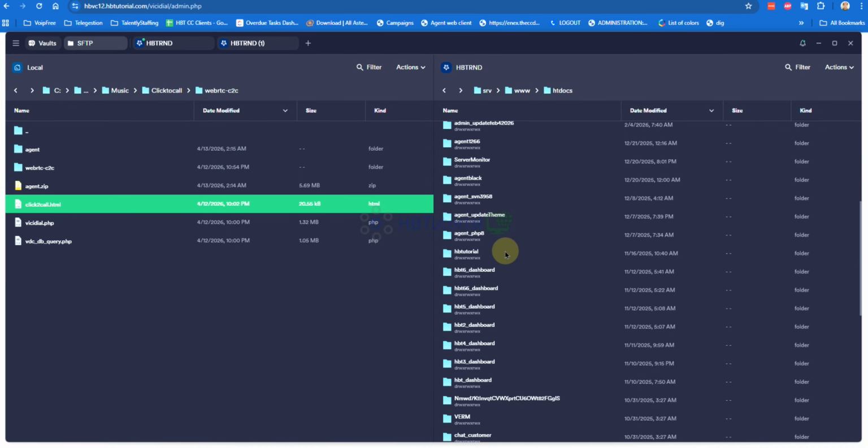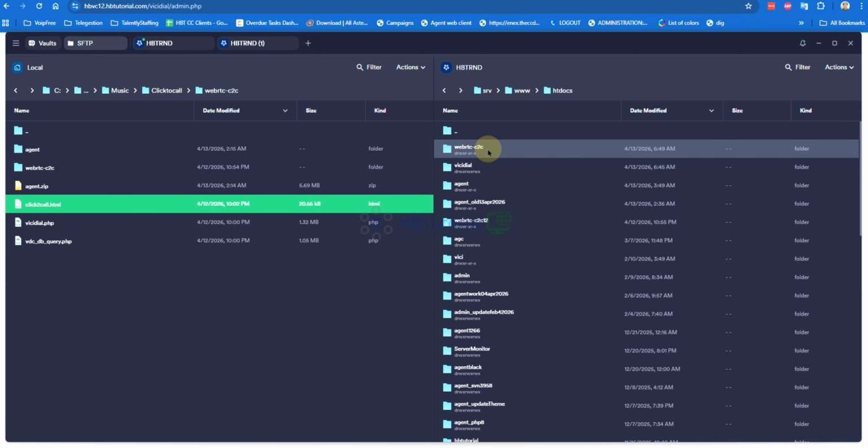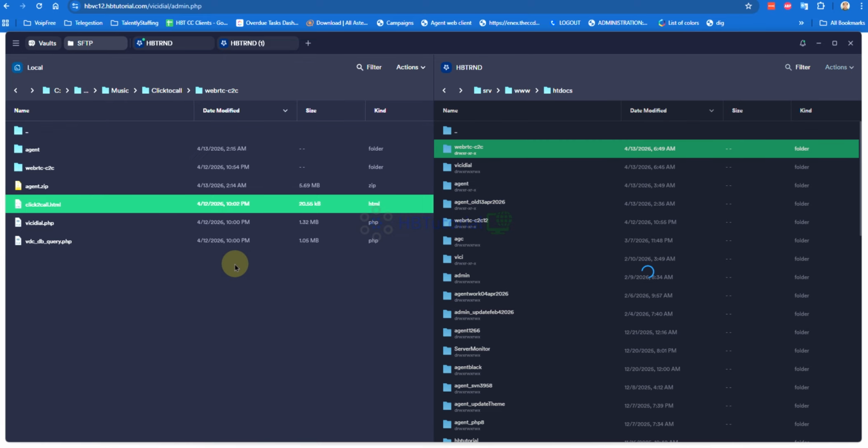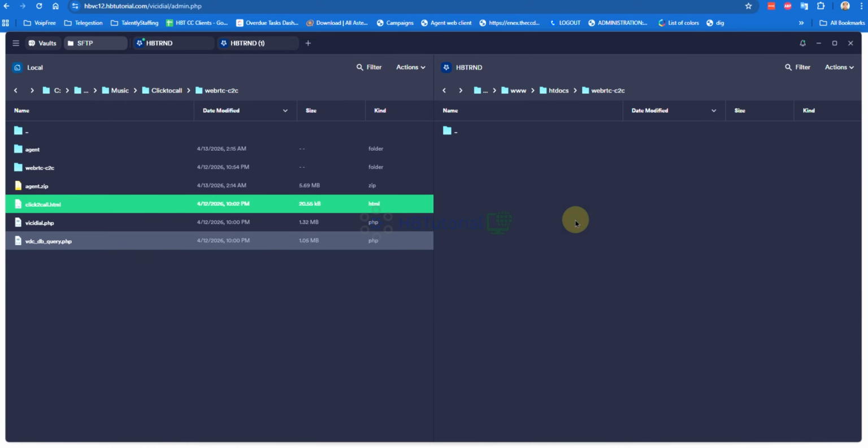And then you can open the WebRTC C2C folder and just upload your files here.